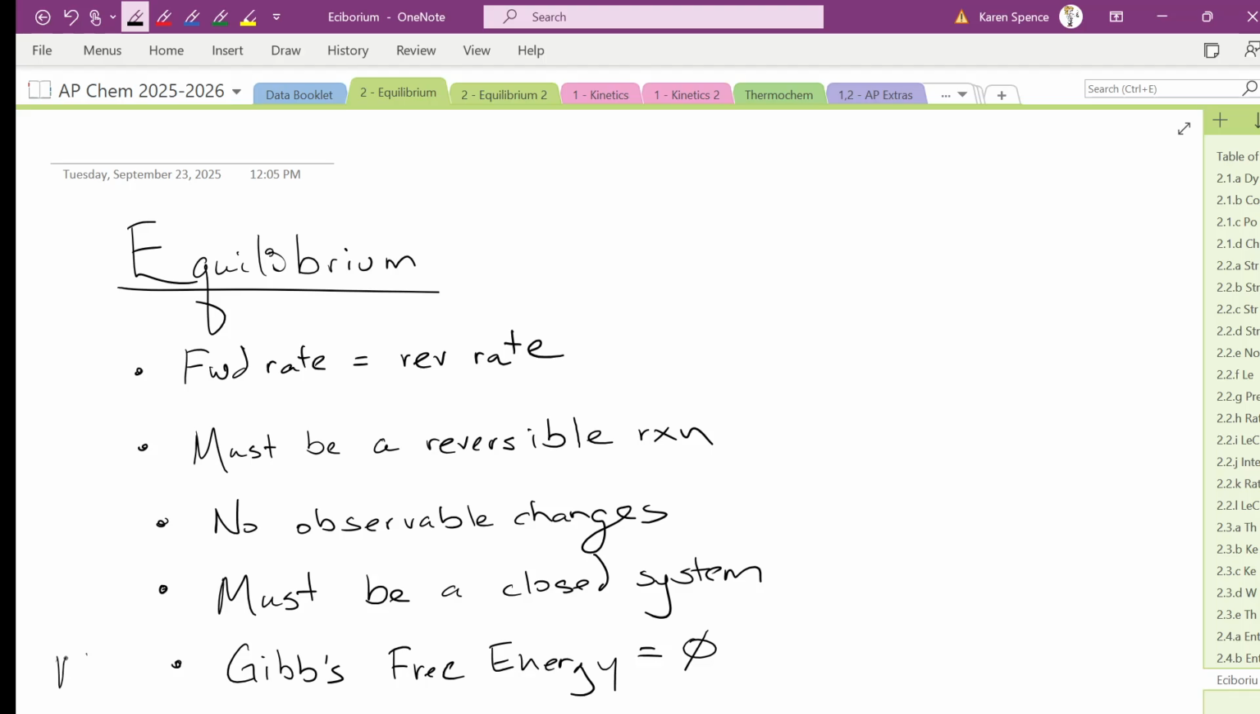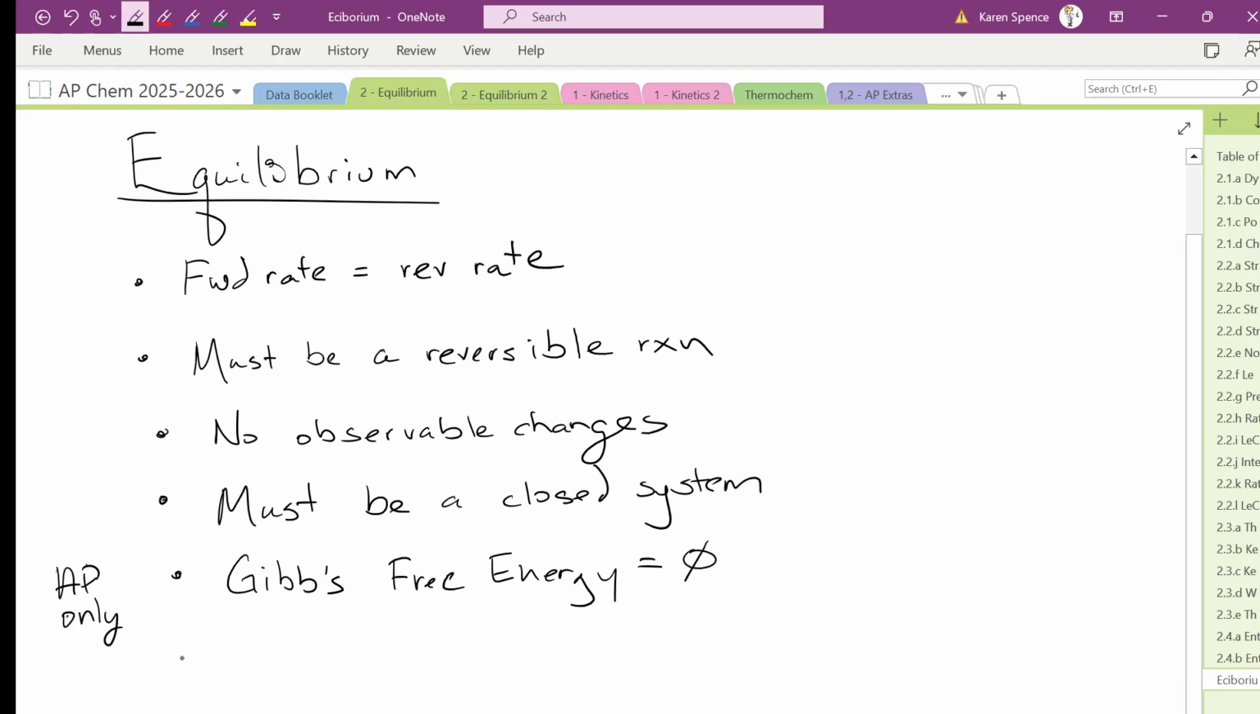That's AP only. Regular chem says Gibbs. What's that? Okay. Yes. Constant temperature. Yeah, temperature must be constant. Anything else anyone wants to add to that list? That's pretty good, I think. Yeah? Okay. So